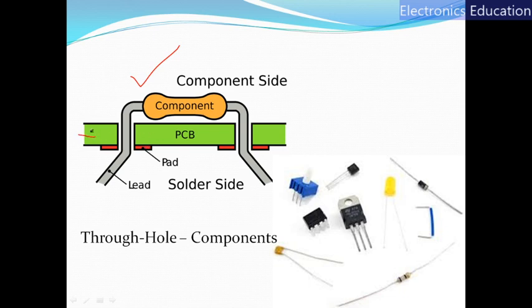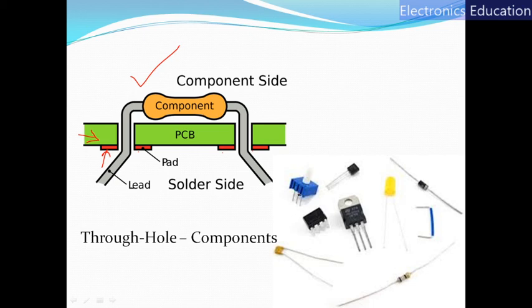Now this PCB is utilized like this. Here we have a substrate and here we have a metal conductor. This metal conducting layer is placed at the bottom of the PCB, so it becomes a bottom layer. It does not have any top layer because it's a single sided PCB. Now these components' leads are inserted through these holes, and these leads can be soldered on these pads using a soldering gun. So these components are known as through hole components.